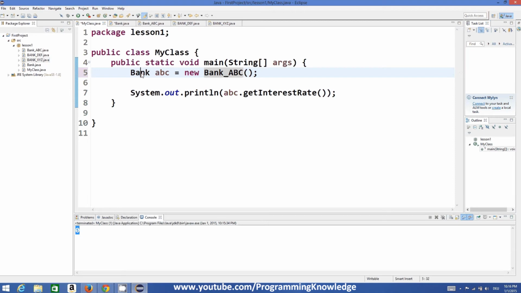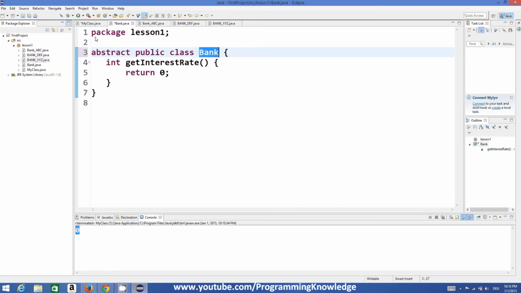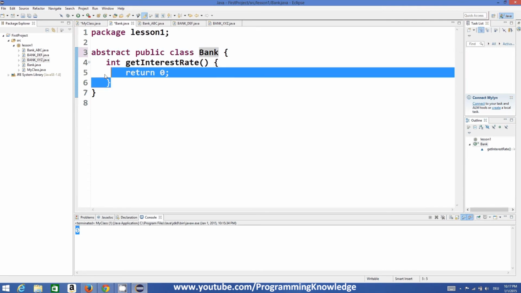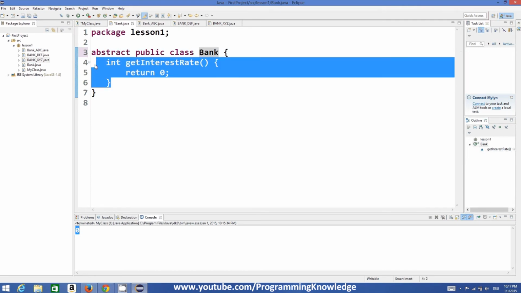So you can make a reference which points to the class which is not abstract, but indirectly this bank class is an abstract class which cannot be instantiated, or we cannot make an object of it. So indirectly we are restricting access to this class from other users. Now